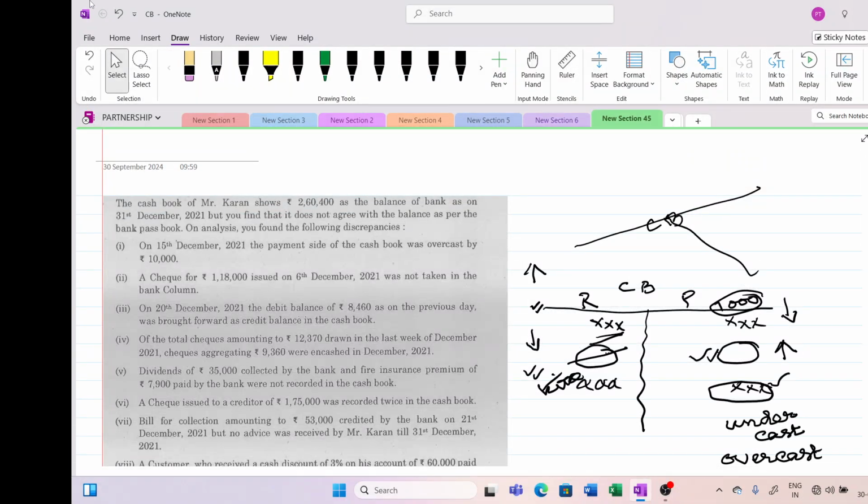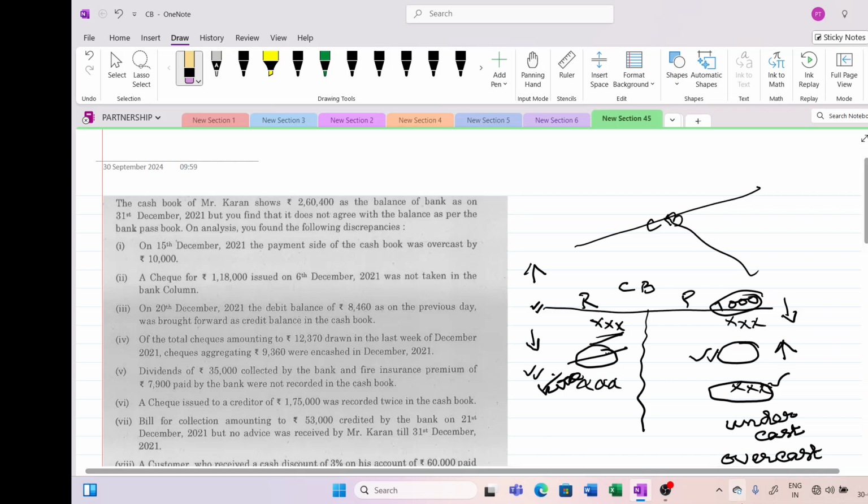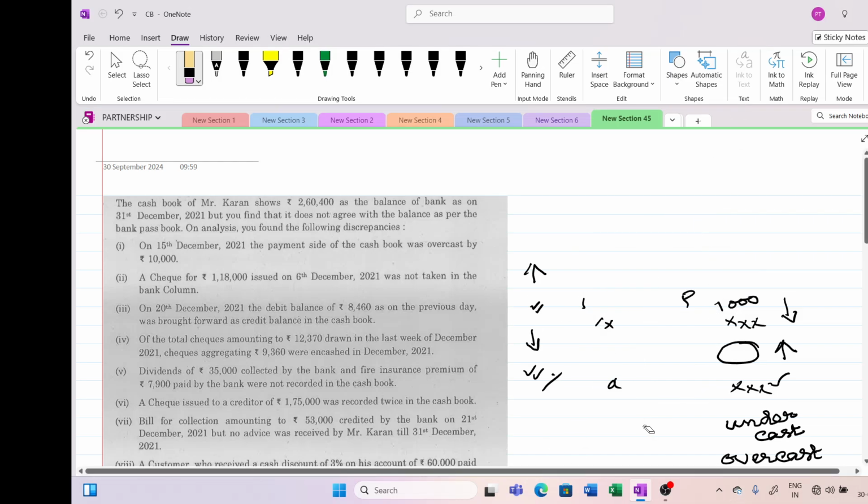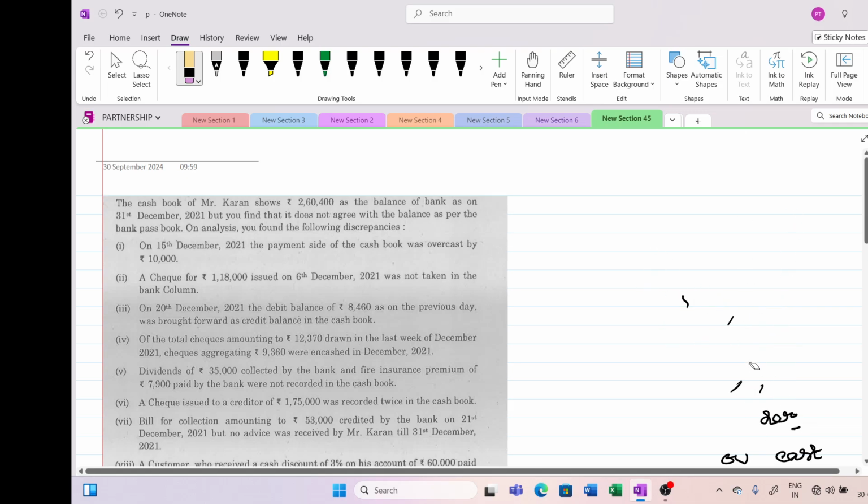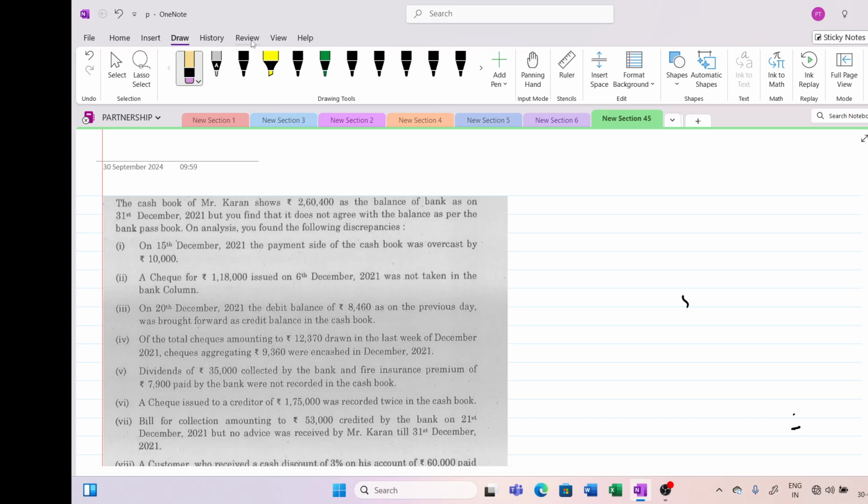So let me rub off this and then we will move on, hope it is clear to all of you how the cash book works, because the cash book is written by the business. So you should always remember the target book also, where we are going and what he should have done. The bank passbook, what the accountant would have done, you have to do the same thing, because you are going to reach the balance as per passbook. Okay. So now my cash book balance shows